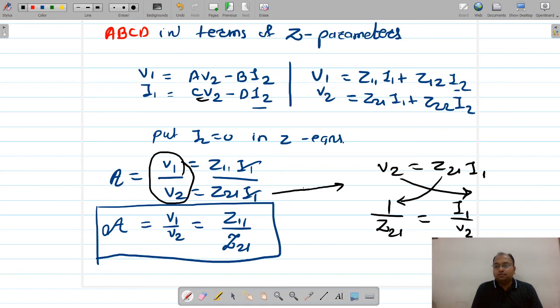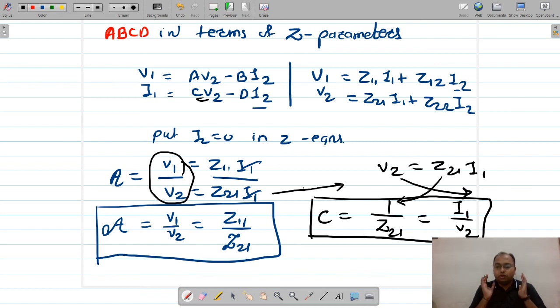Or else you can take this I1 term and go for the reciprocal. That is one and the same. The thing is that you must get this as a ratio. You can follow the same steps I am showing you over here, or if you can directly derive it, no problem at all. You can skip some of the steps as well. The only thing is that you must get this one. So A and C we have found out right now.